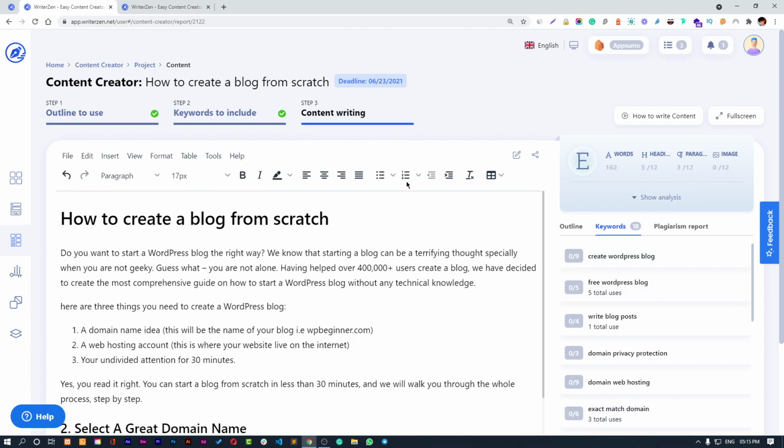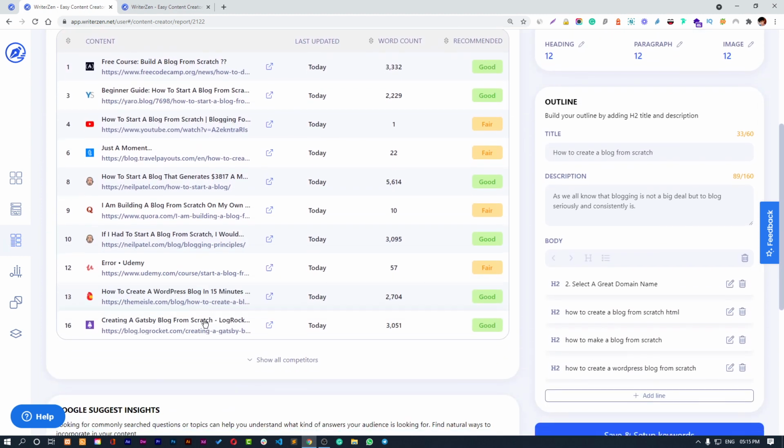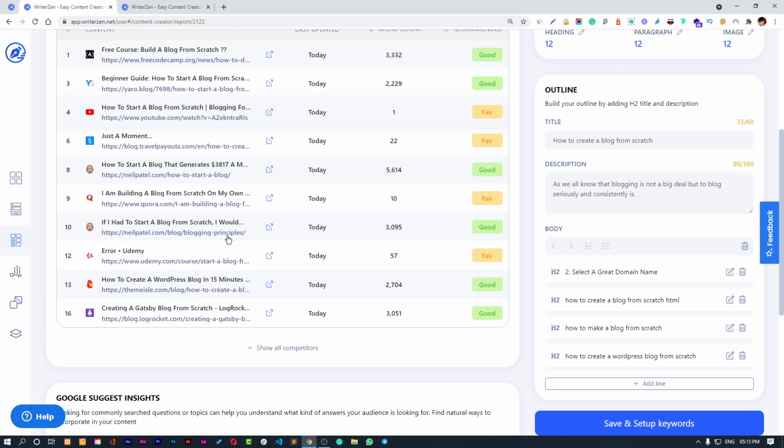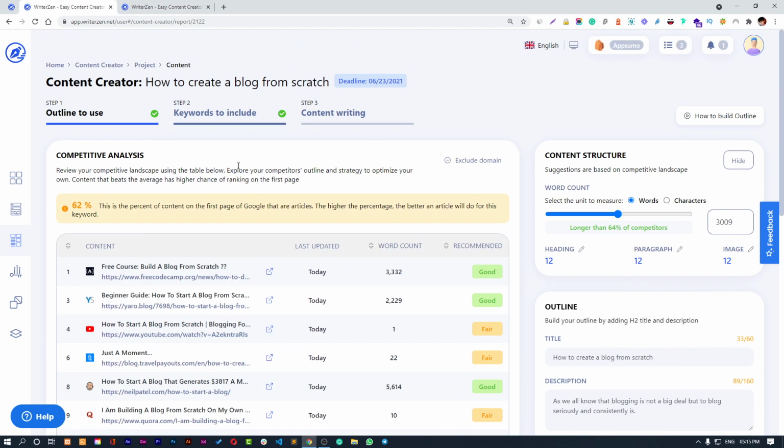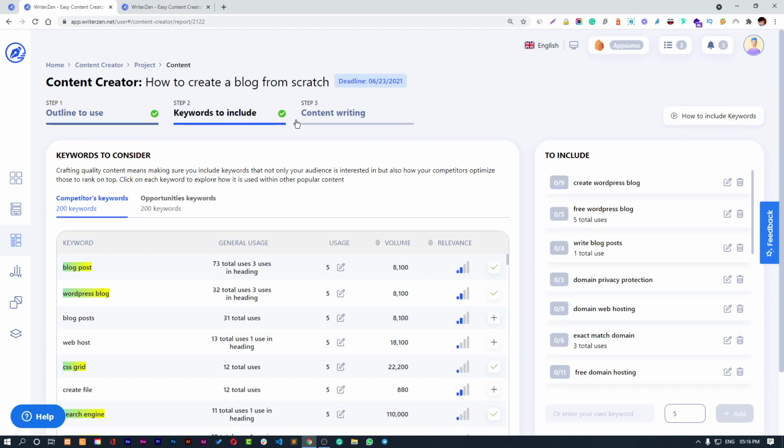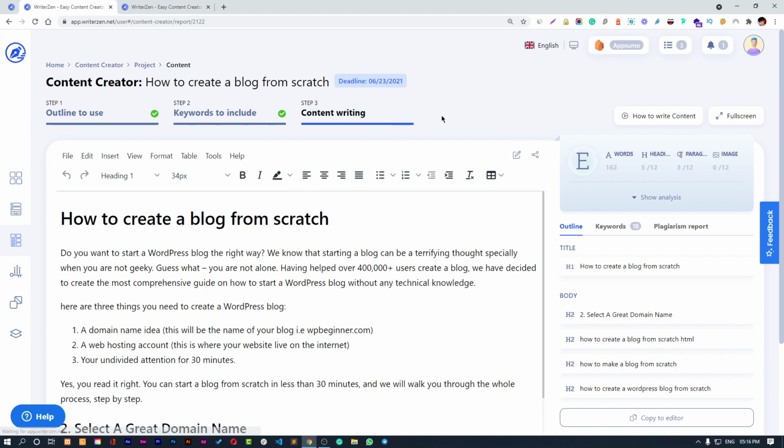So this is how you can utilize this tool to find the new keywords, see their volume, see their CPC, see their difficulty, see whether it is possible to rank for that keyword based on your website rankings. Then you can create the content by finding the outlines from the competitors list, and then you can utilize the keywords, and then you can start the content writing.